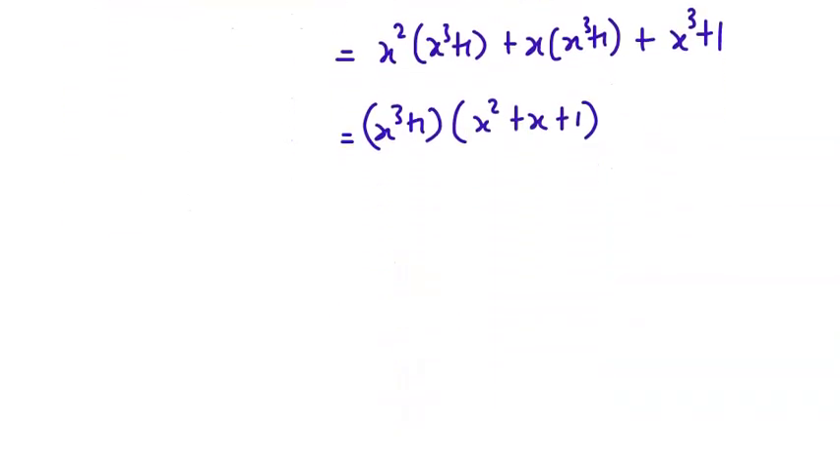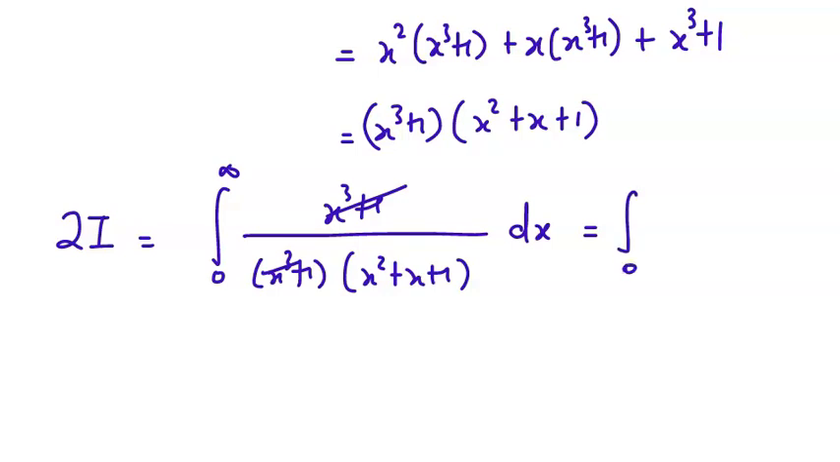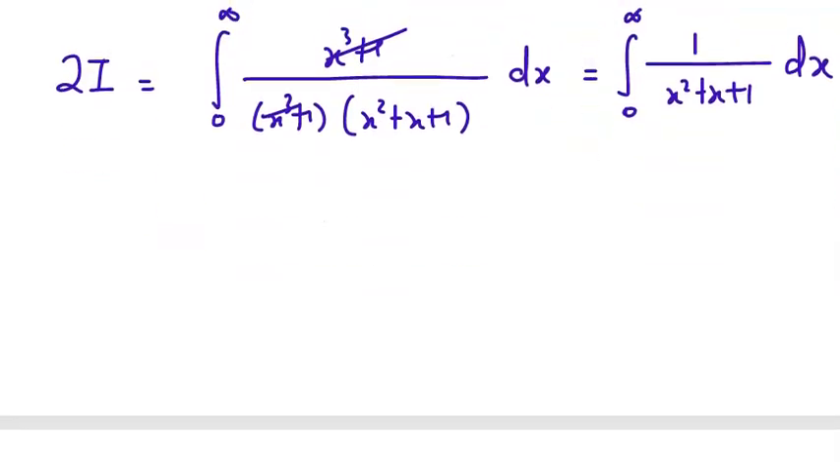So now, we have our 2I is equal to the integral from 0 to infinity. So we have x cubed plus 1 divided by this product, x cubed plus 1 multiplied by x squared plus x plus 1. Then we have our dx. So nice cancellation. Oh my god, this is indeed magic, right? So we now have 1 over x squared plus x plus 1 and then dx, which now we can easily evaluate, right? Okay, cool. Now we can actually